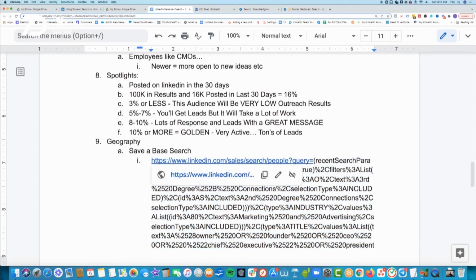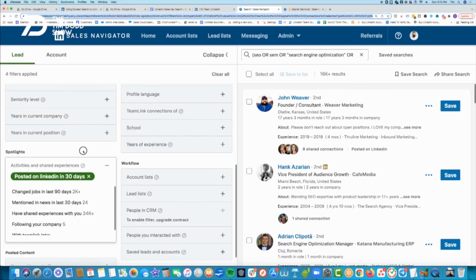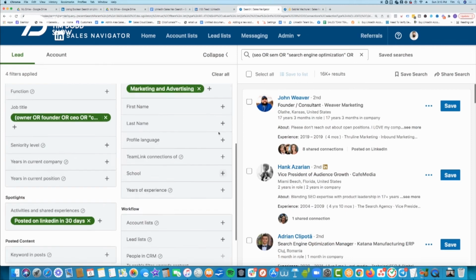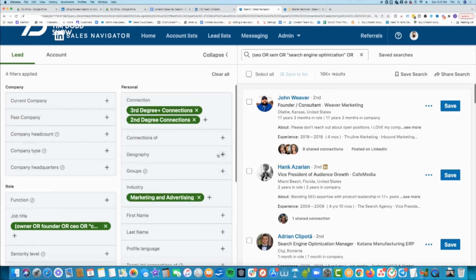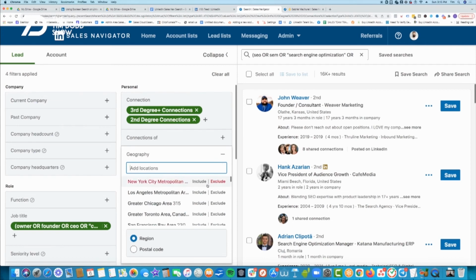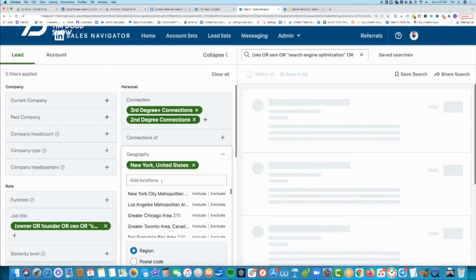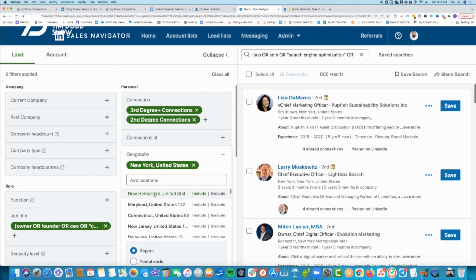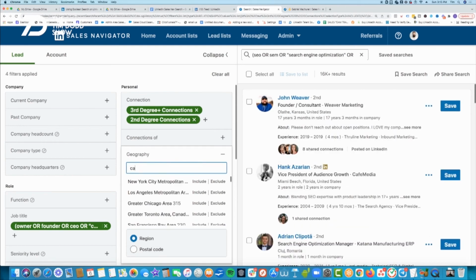And then I'll come in here and use geography. I'll save this so I can go, oh boom, I've got that. Then this month or this day, I'm going to do New York. Let me do all of New York, not just the city, because there's the city, the metropolitan area, and then the state. I'm just going to do the whole state. This is a state where I can do outreach to 600 people, and then I plug that into my software. And then I could do California,